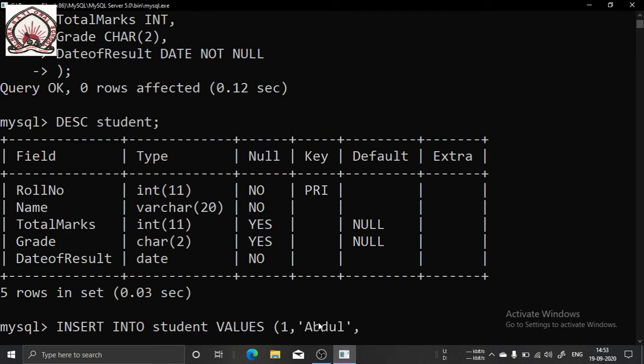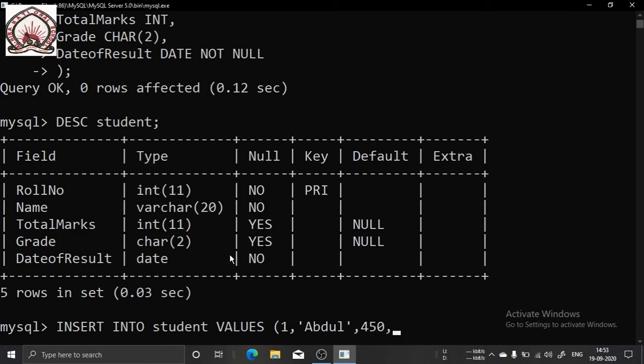Then comma. See, roll number is 1, name Abdul, then total marks. So total marks I am giving 450. I am not giving inverted commas because integer, float or double values we should not give within inverted commas, because these are numbers, so they are without inverted commas. Then I have to give the grade.